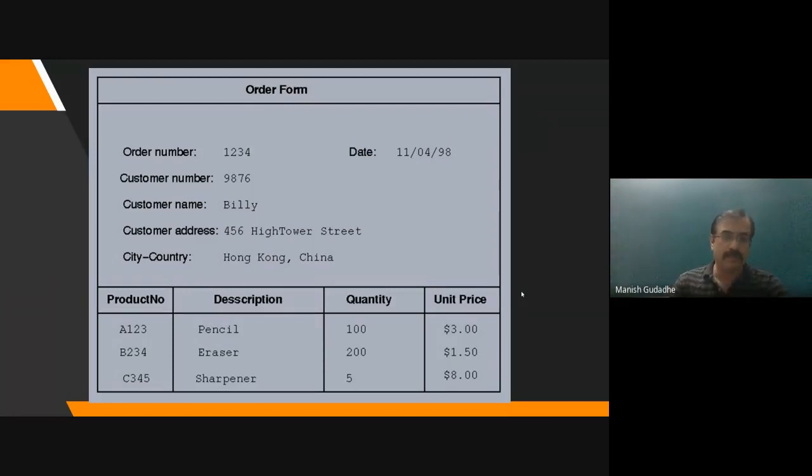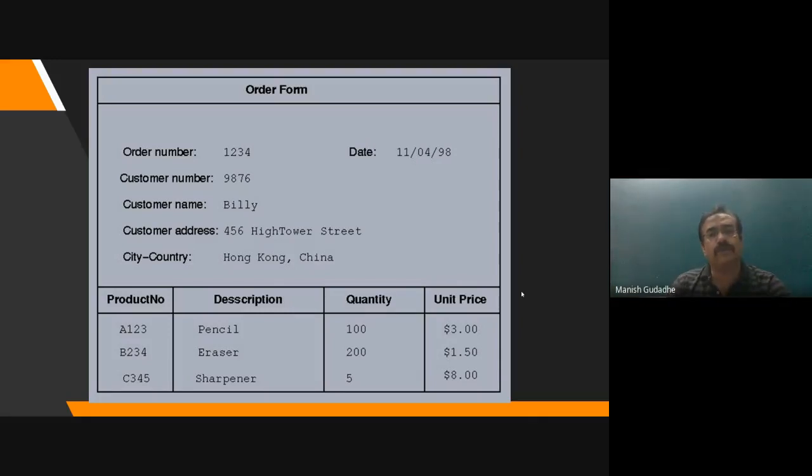There is a possibility that one customer may place a number of orders. So shall I have a single table for the order, showing which customer has given it, where that customer stays, what product he has ordered, the description of that product, the quantity of that product, and the unit price of that product?